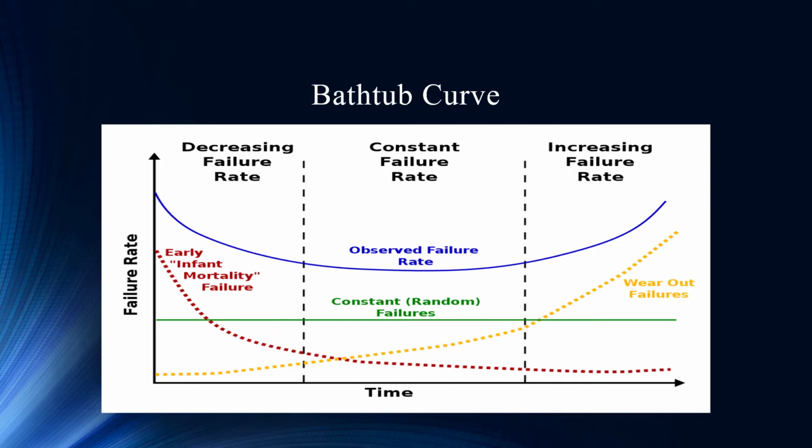Absolutely, the QA is the right starting point. Get through that infant mortality stage as fast as possible, and let's move into the high reliability element of the bathtub curve. And then when you start to get into the wear out failures, that's really the trending side of it, to try and find these issues early before they become these big uglies, as we call them, costing you a lot of downtime and a lot of extra money,